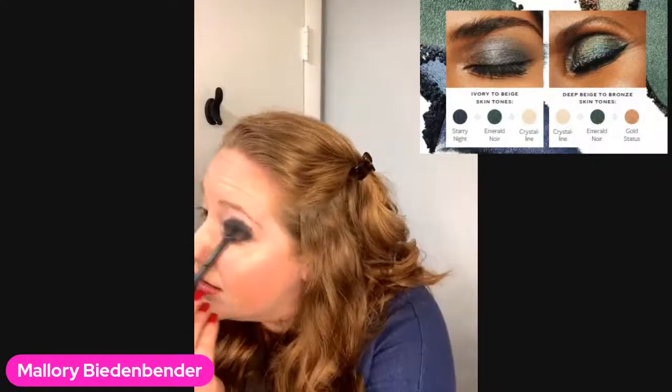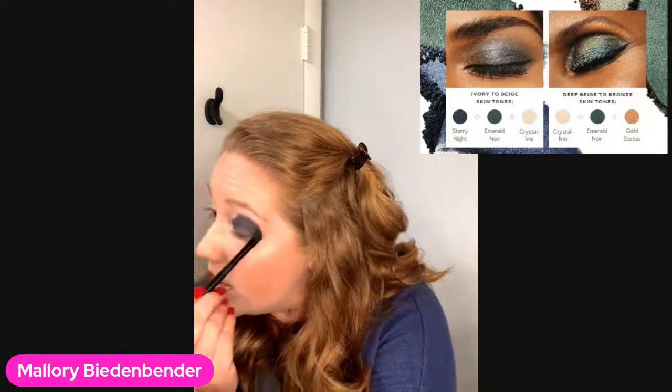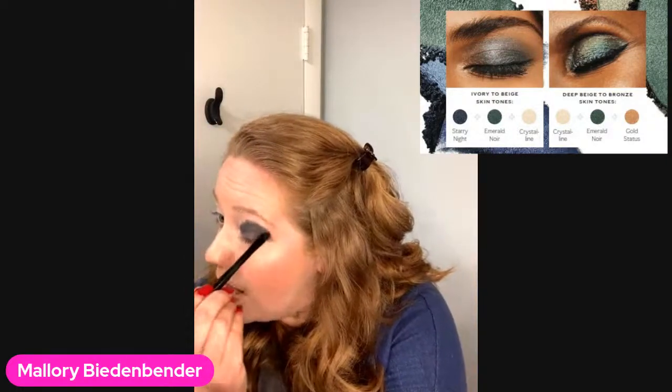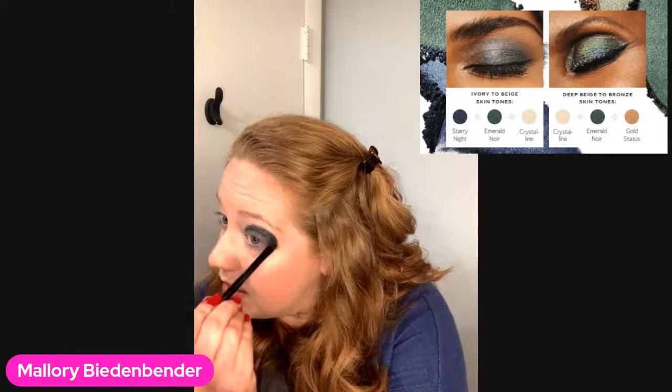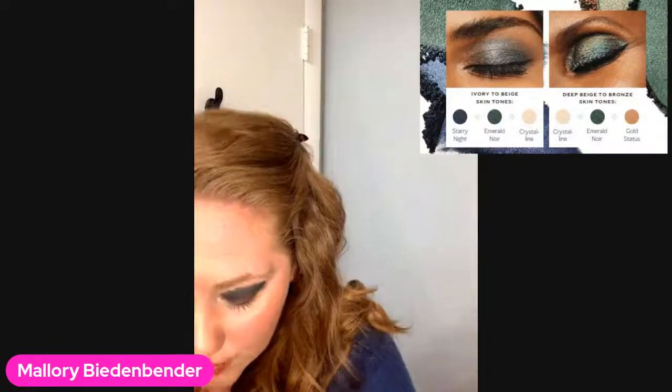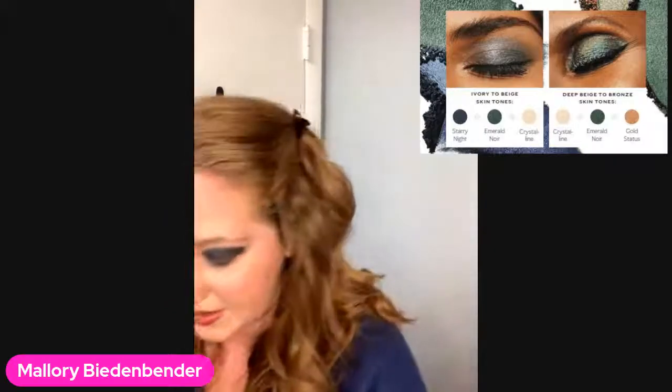Now, when I did this earlier, since these are super pigmented, very dark colors, we definitely will blend. So keep that in mind. We will tone this out. And what I did earlier was swipe, swipe, swipe a lot, just to blend it all so it's not so heavy with color and pigment. So what we're going to do next is come in with the Crystalline